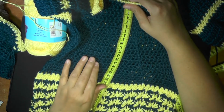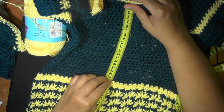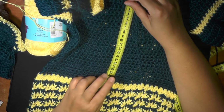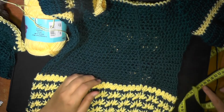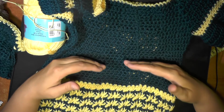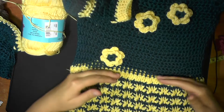This part can be a little short, and you can just have more of a skirt. Most crochet dresses prefer that, but I went ahead and did it to the waist of my daughter, just above the waist actually. But it's up to you. If you want to do a few more rows, that's fine, or a few less rows, it's fine. If you want to have a shorter one, it's really easily designable. Change what you want. But when you're ready to start the skirt of the dress,